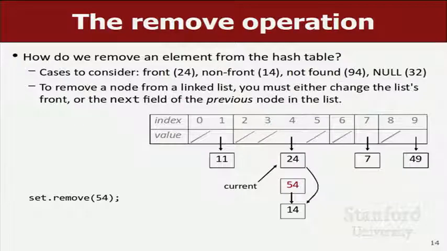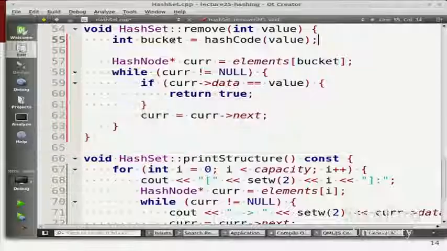I mean, I guess there's a case where it isn't found, but there's another found case that we might have. Yeah, if it's the front one. If the front node stores it, we can't use next arrows to get around it. We have to say the front should be the 54 instead of the 24. So I think what you do is something like,